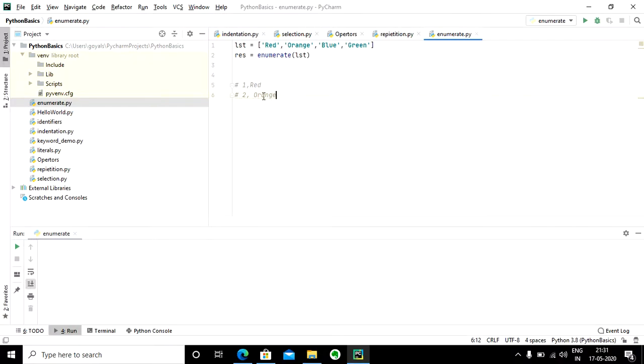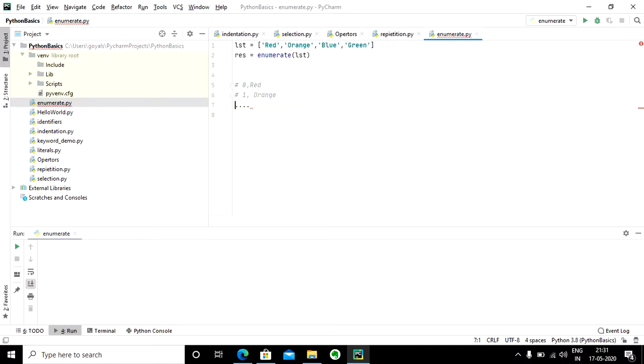It will attach one number, either 1 or 0 or some other number, to each object of this list. That is going to be the output.